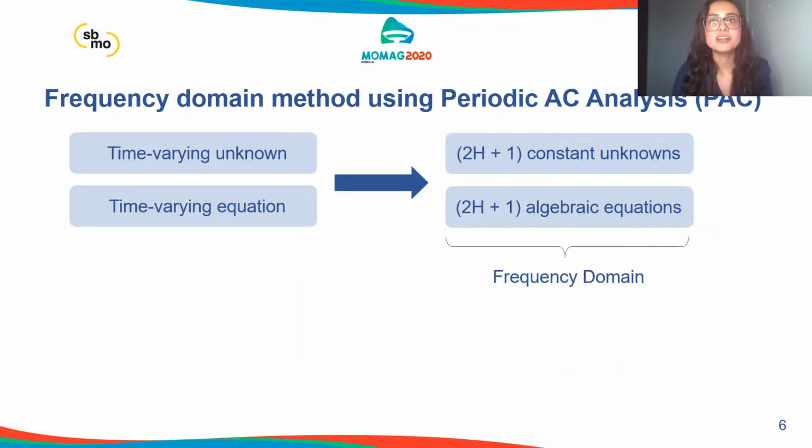The periodic alternating current method, or PAC, usually adopted for analysis of radio frequency electronic circuits, performs the superposition in the frequency domain with the help of the harmonic balance. In harmonic balance, each time-varying unknown and equation is replaced by a set of 2h plus 1 constant unknowns and algebraic equations in the frequency domain, h being the number of harmonics to be considered in the